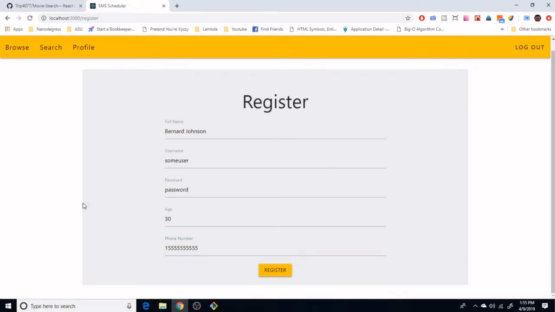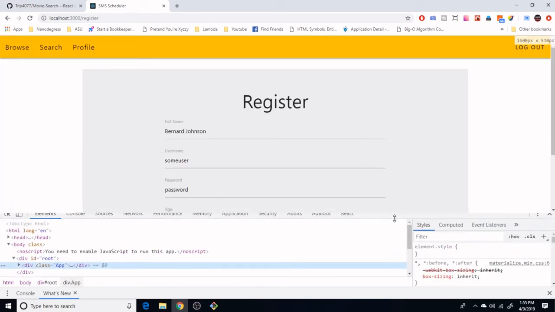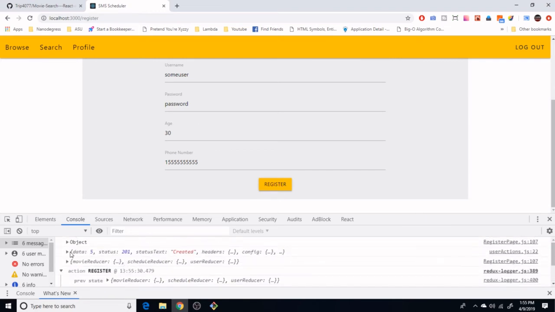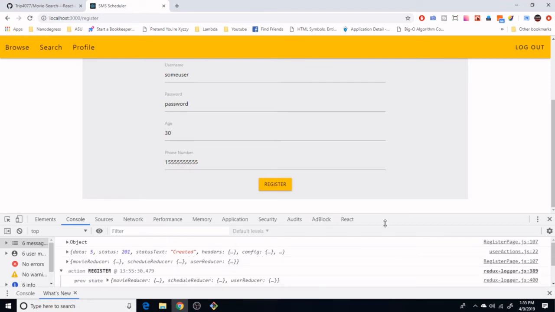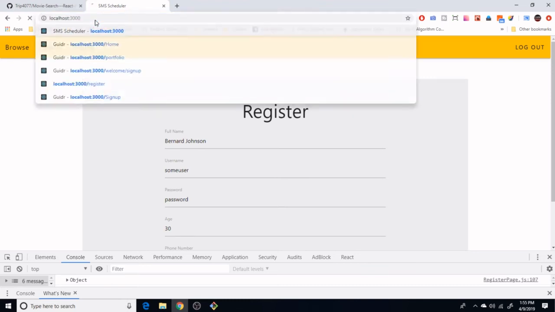And then I don't think this reroutes yet, so I will pull my console because I think that will probably be our best place for confirmation that this worked. Okay, so we register, and then here we go. We get our status 101 back with the ID of the user. And from there, if we go back to where we were at the login,